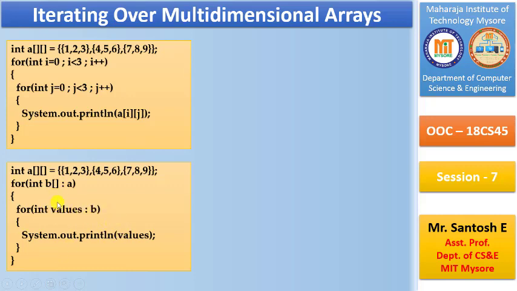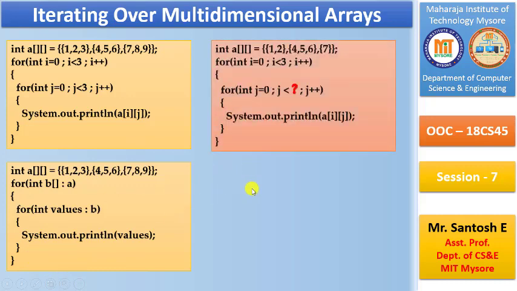And in the next iteration when I come back, b will be assigned automatically with the second set of elements, and I'm going to do the same operation. When I come back, b will be assigned with the third set of elements, and this is how the for each style of looping is going to work with the multi-dimension. Now just look at one more example with the multi-dimension where we cannot use